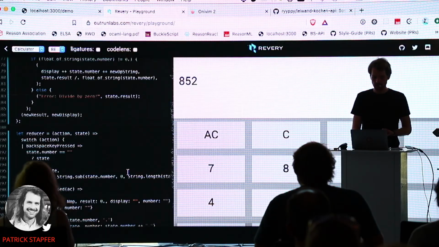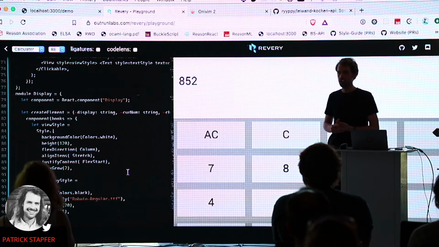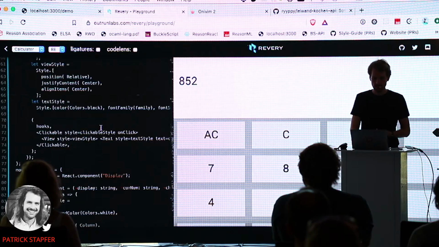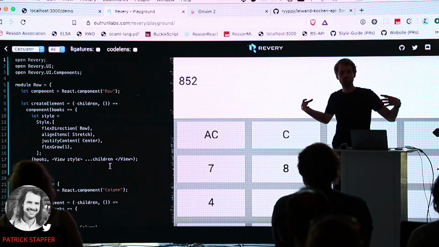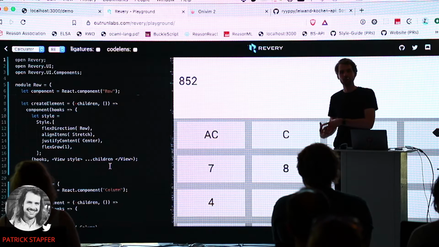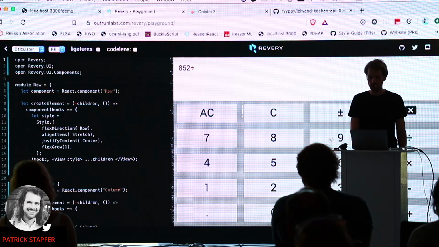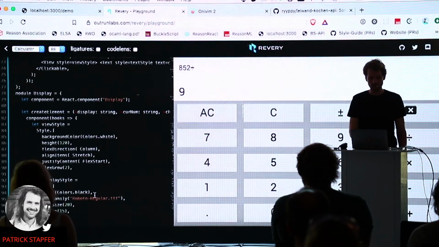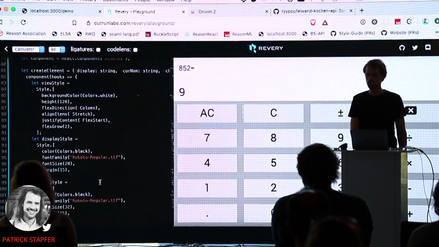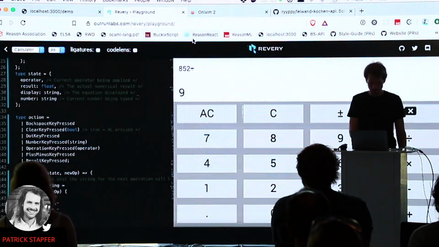And they also made it in a way, the way OCaml works, you can compile any OCaml code to JavaScript as well. So what they did is they created a playground where they transpiled the whole engine of this native rendering also to JavaScript. So you can build a calculator in this interesting native binding API. The interesting part as well is that this thing does use a component model similar to React.